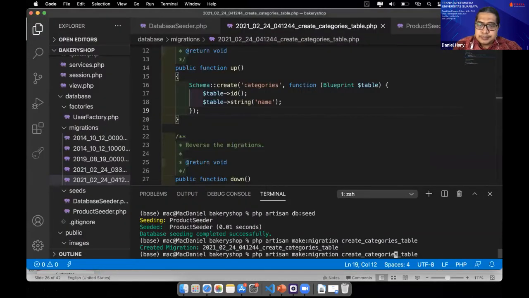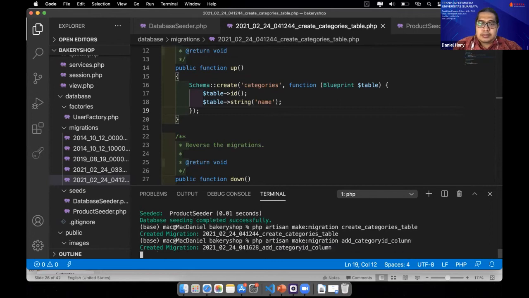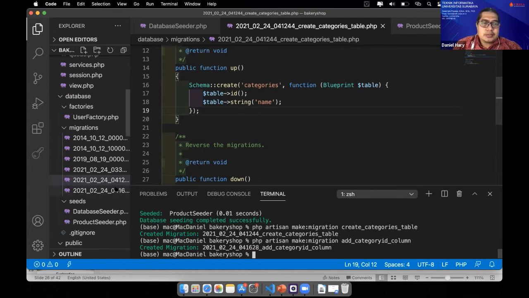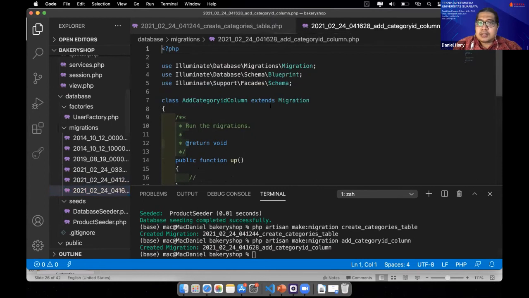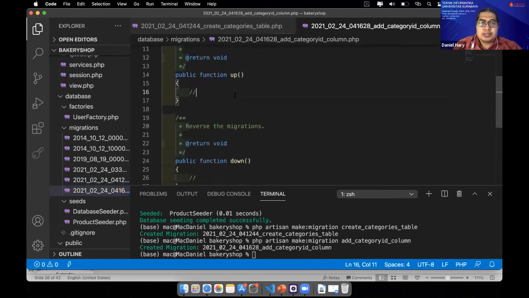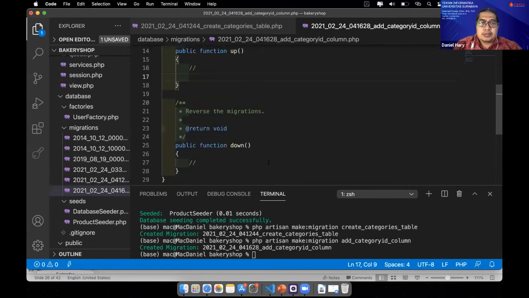Okay. Next, we have to modify the add category ID column migration with up and down.